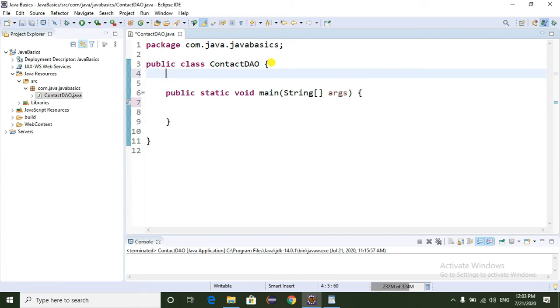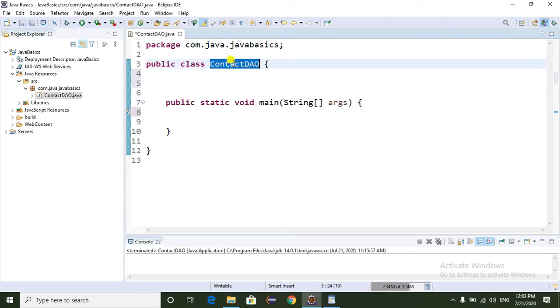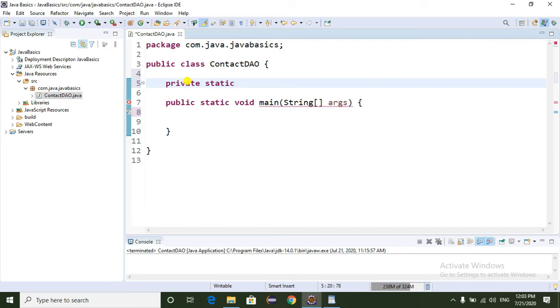Here in this Contact class I am creating one private static variable, private static Contact, and the object name is contact. I am initializing it to null.